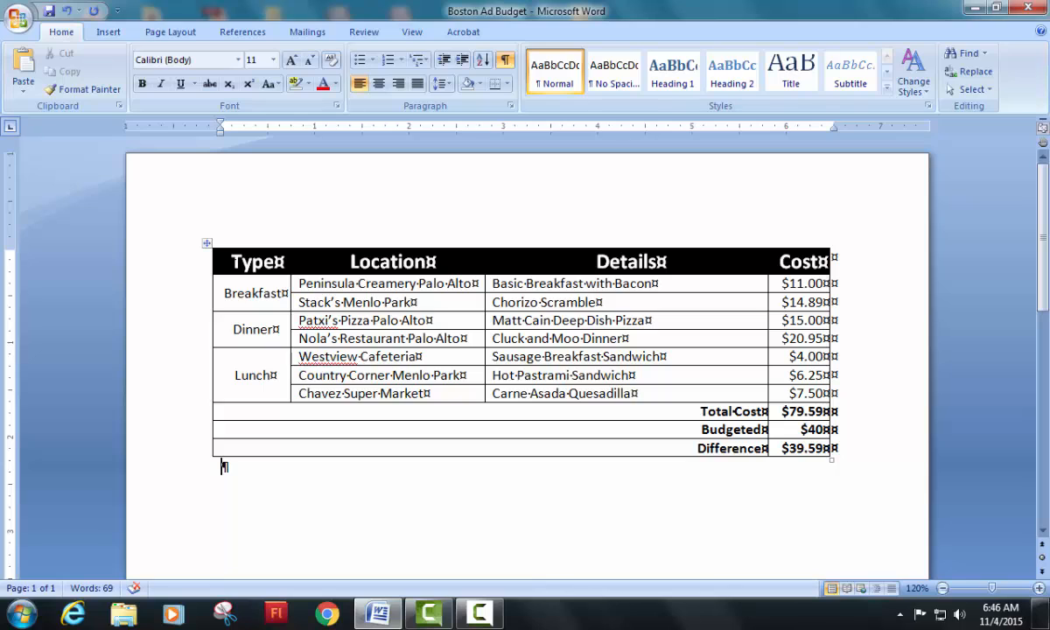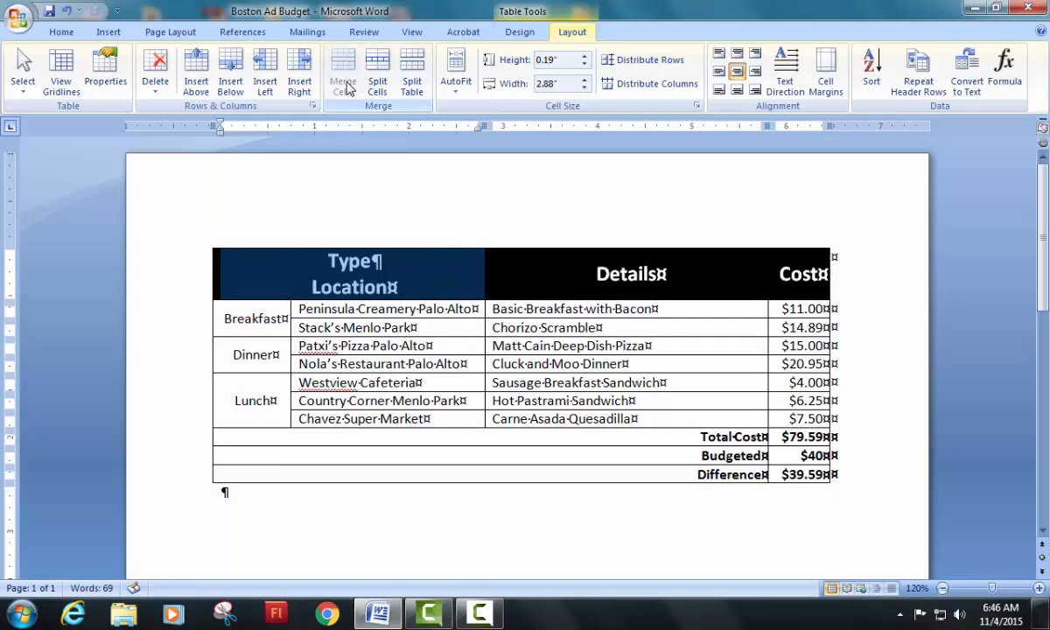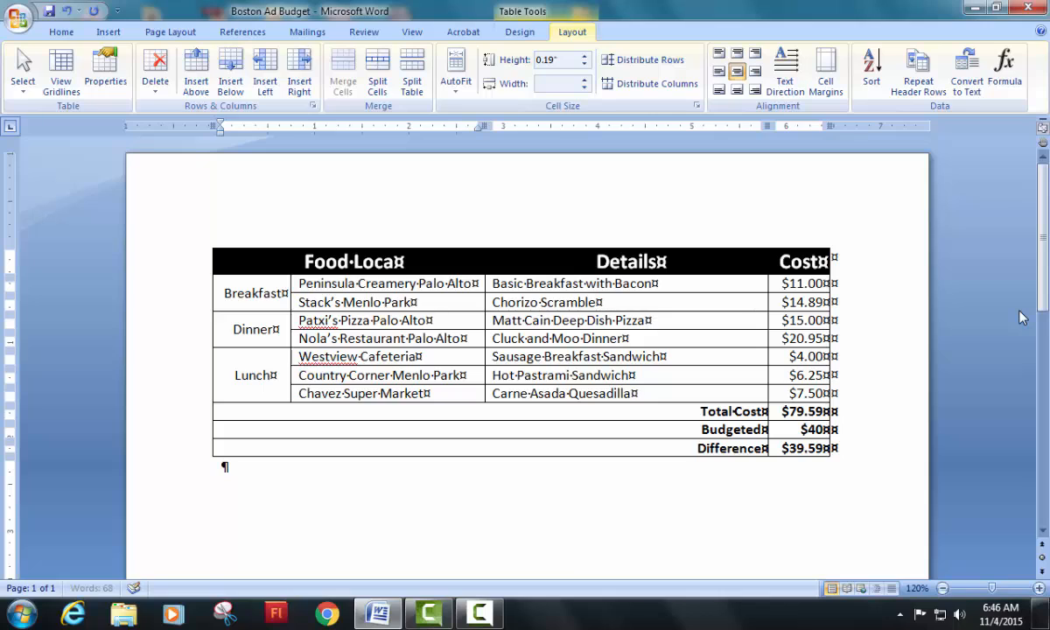Alright, so we're going to select the type and location cells in the first row. It says click on the merge cells button on the table tools layout tab. So I'm in the layout tab, I'm going to click merge cells, and then it says to type food location. Okay, it then says to select the breakfast, lunch, and dinner cells in the first column, so breakfast, lunch, dinner,